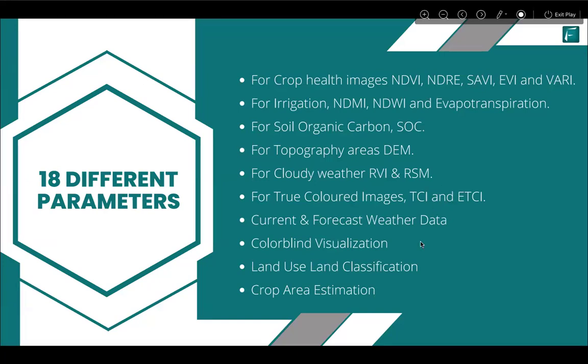You will be able to get colorblind visualizations. On our platform, you will get images which are just black and white, because we received a query from a farmer who is colorblind. He is unable to differentiate between colors, because on our platform we do color coding. The greener the patch, the soil health or irrigation is in good condition, and the redder it is, the more it means there are some issues. So a colorblind person is unable to differentiate between these colors. So what we did, we made a colorblind index as well, so they can just check the black and white